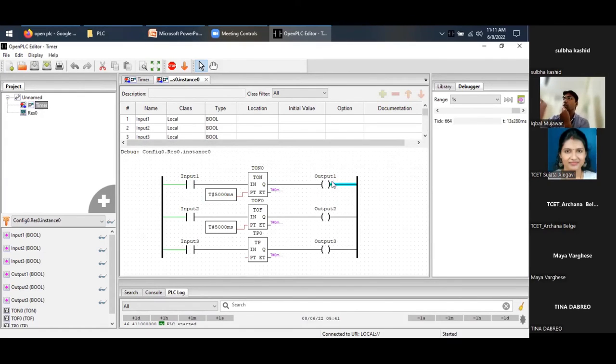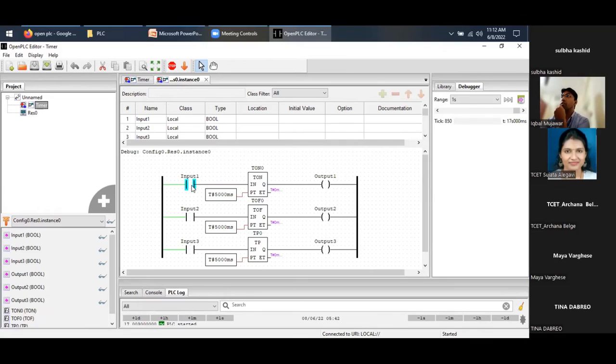Let's say 3 motors are there: motor 1, motor 2, motor 3. The only problem is that I forgot to provide the settings; previously it was not showing because of an error. Now I'm giving everyone 5000 milliseconds. Meaning, I gave a 5 second timer. But the functions are different. This is a T1 timer on delay, timer off delay, and pulse timer.